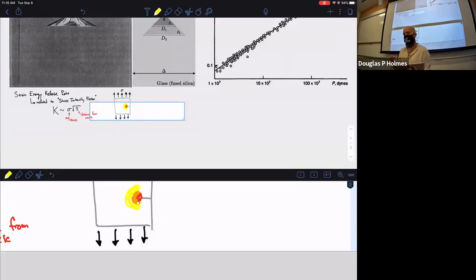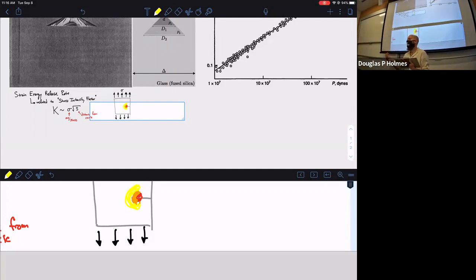You can go into detail to figure out where this comes from and how the stress intensity factor depends on how you're loading it. But for right now, we're not going to worry too much about that. Just conceptually, we need to know that the stress in the material is going to be amplified near a crack tip. Okay, so